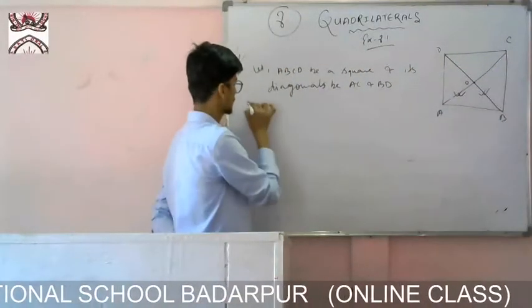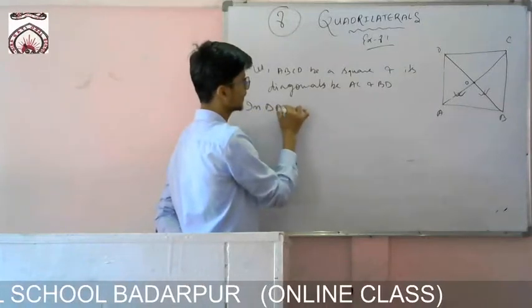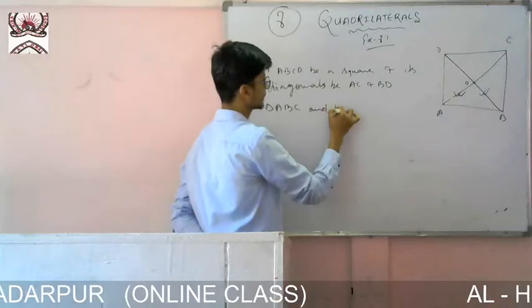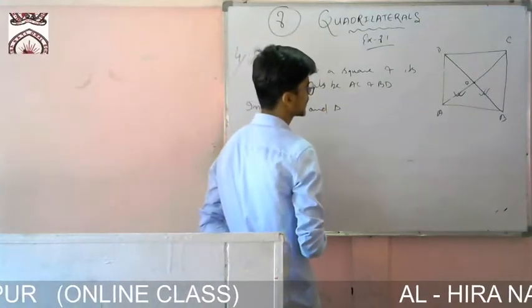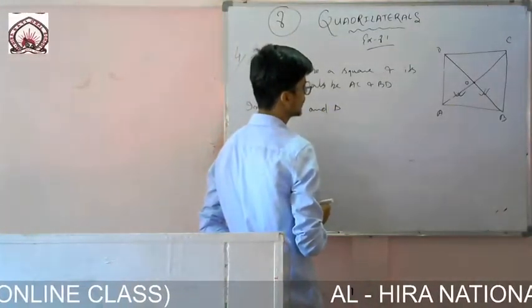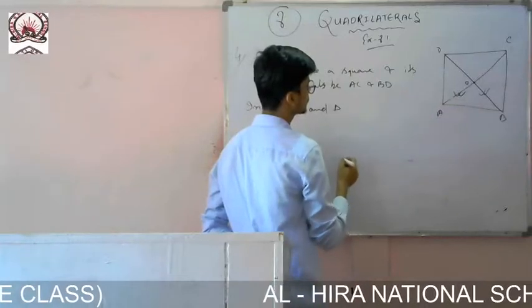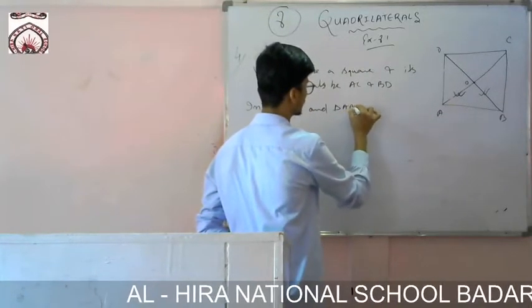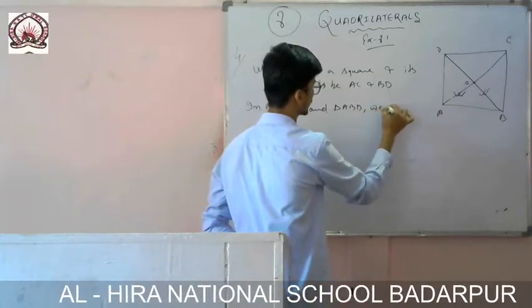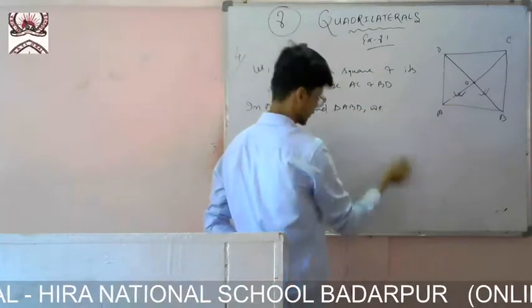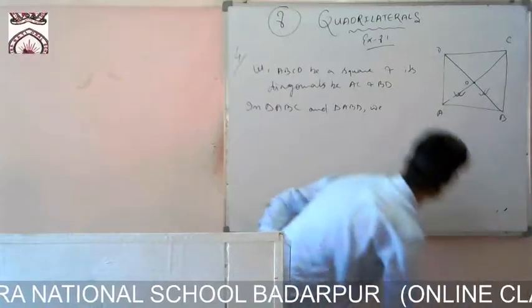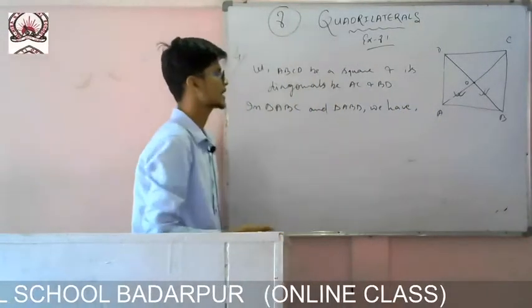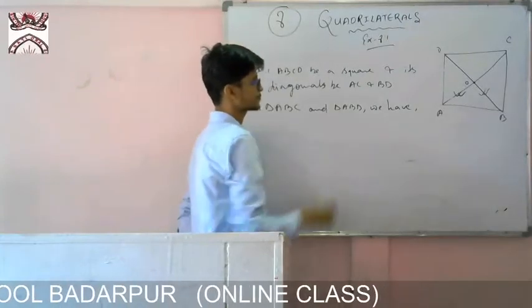So in triangle ABC and triangle ABD we have...